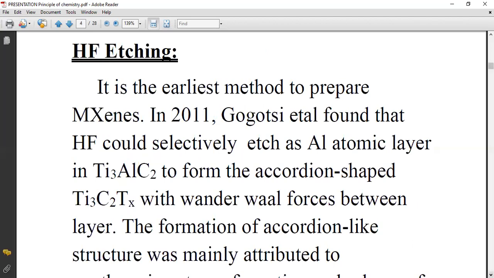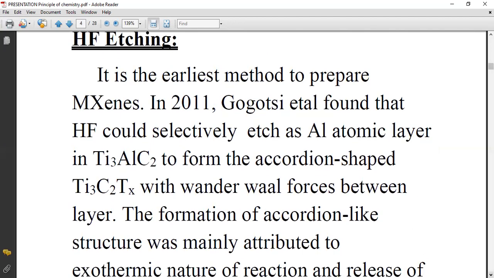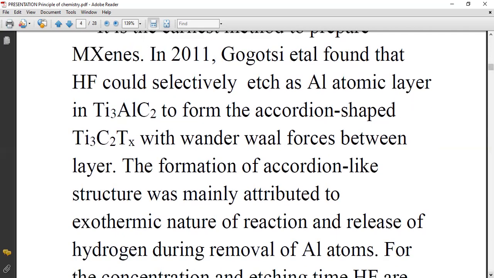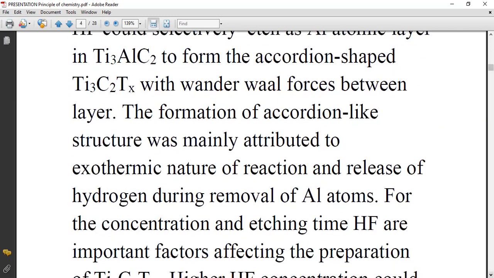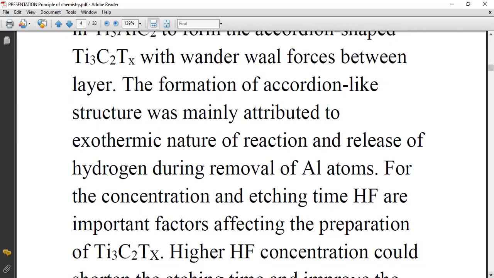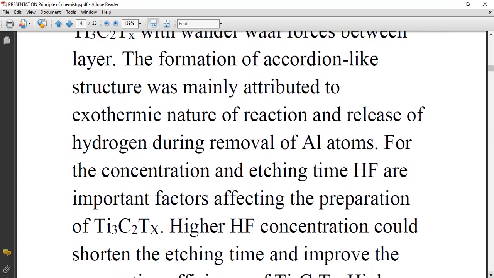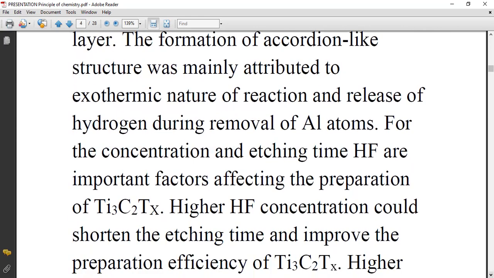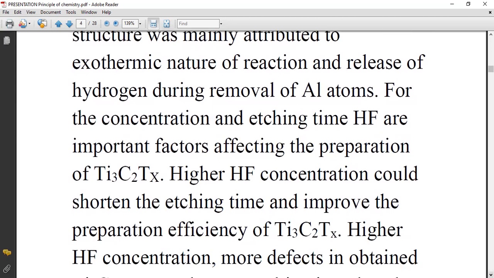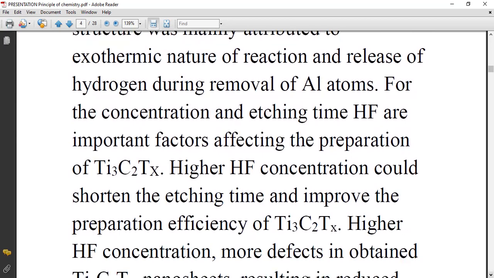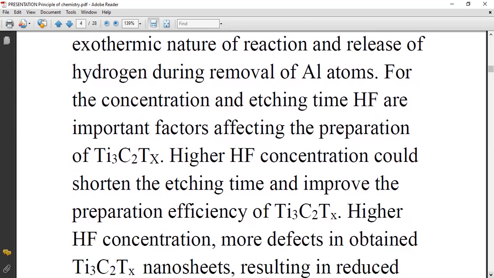The first method is HF etching. It is the earliest method to prepare MXene. In 2011, Chinese scientists found that HF could selectively etch the aluminum atomic layer in the MAX phase to form an accordion shape with van der Waals forces between the layers. The formation of the accordion-like structure was mainly attributed to the exothermic nature of the reaction and the release of hydrogen during removal of